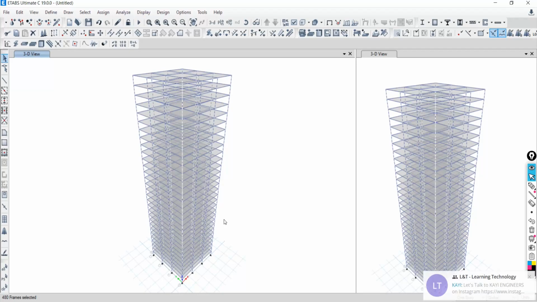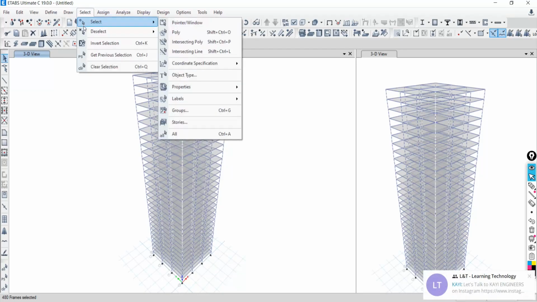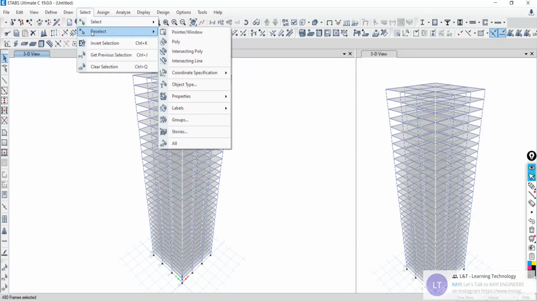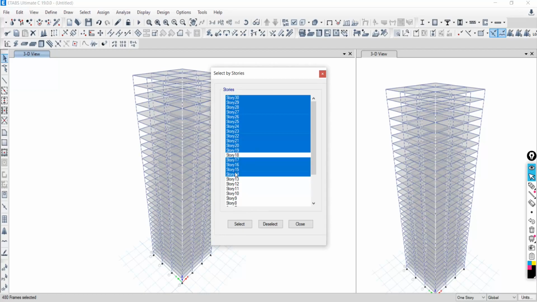Then again go to select, deselect, then stories. Select all the things, then we can deselect, and press Ctrl on your keyboard.